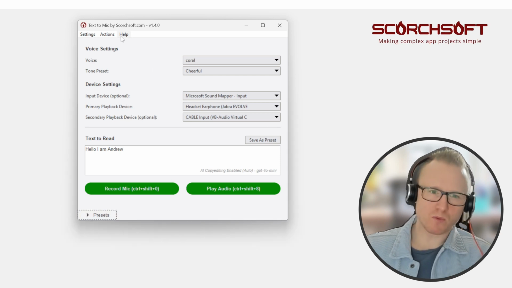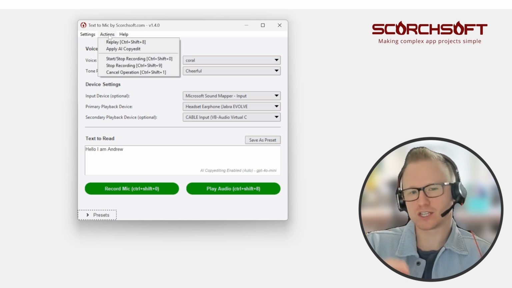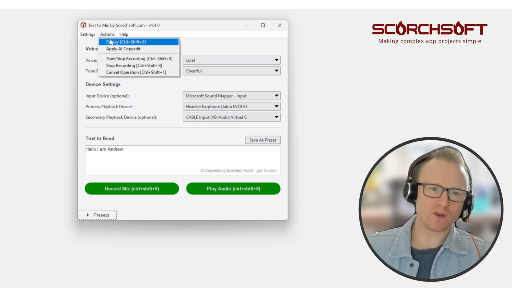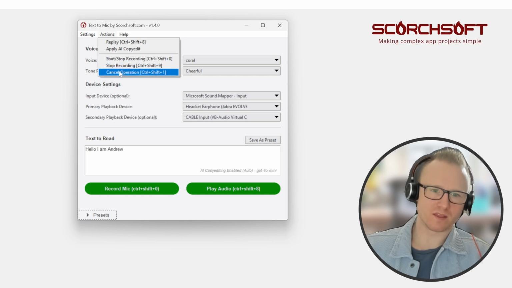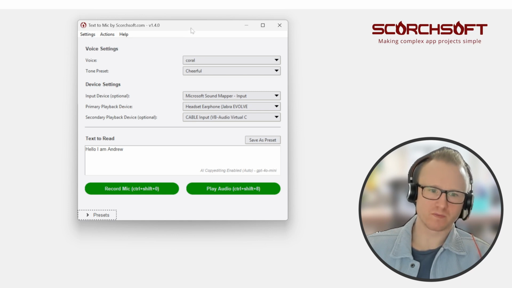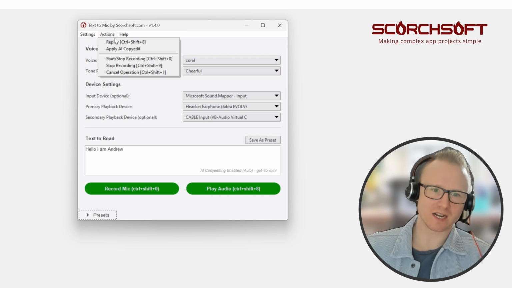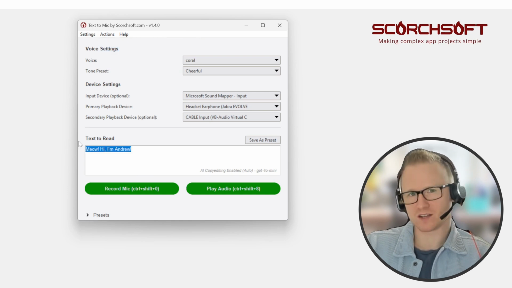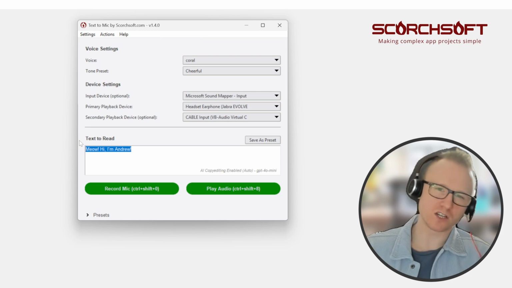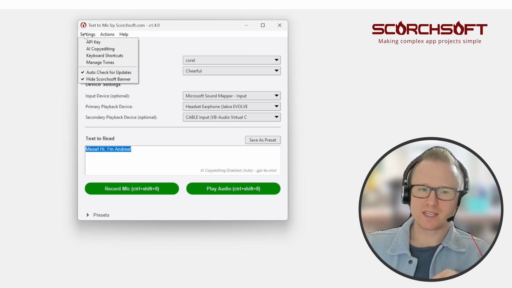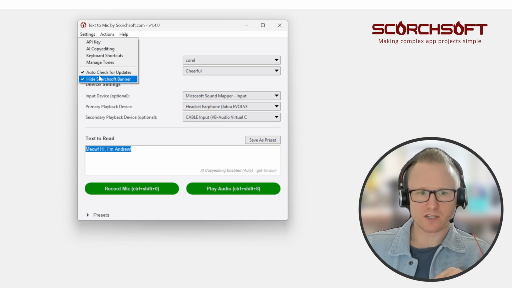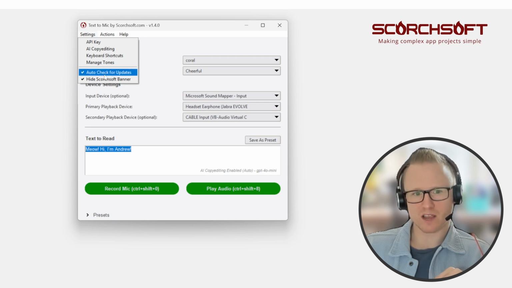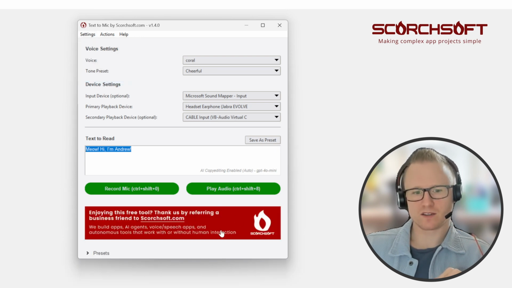Should you forget what all the keyboard shortcuts are, there's a handy little actions menu in here, which lets you trigger different actions from within the head menu. So for example, you can automatically apply AI copy editing from up here if you've input text with your hand and you want to copy edit it at the touch of a button. Within settings, you'll also notice there's the ability to enable or disable automatic checking of updates and the little Scorchsoft